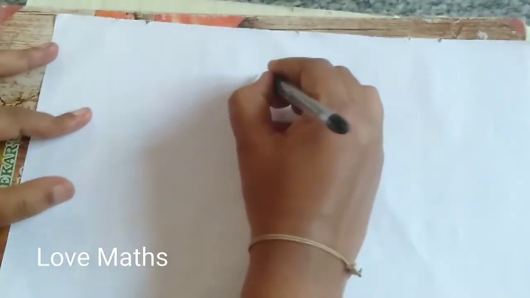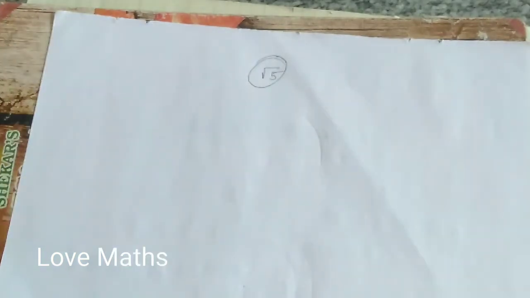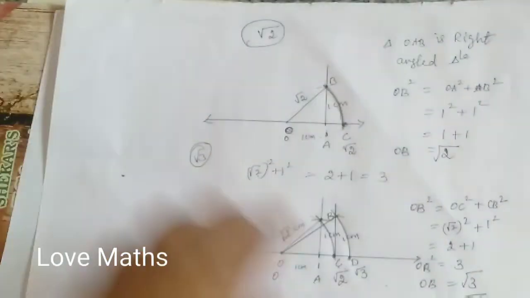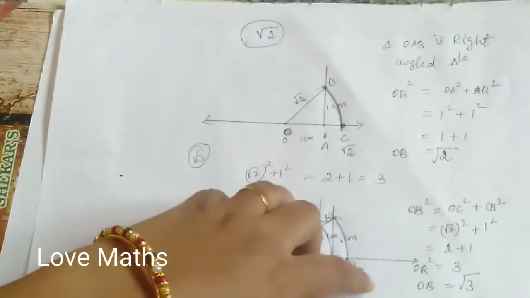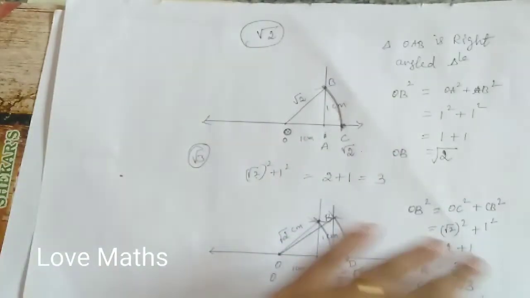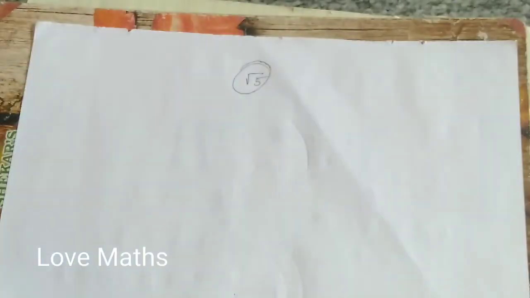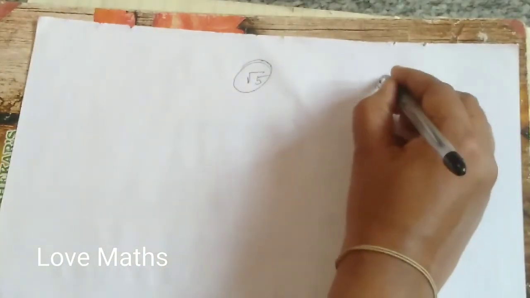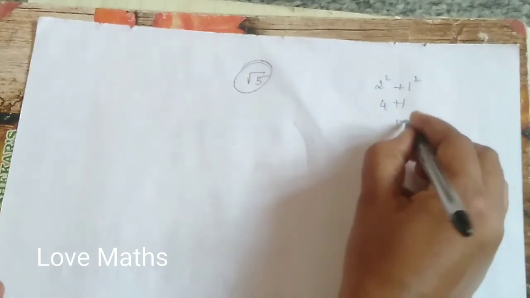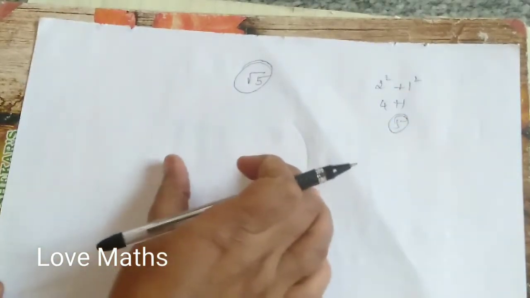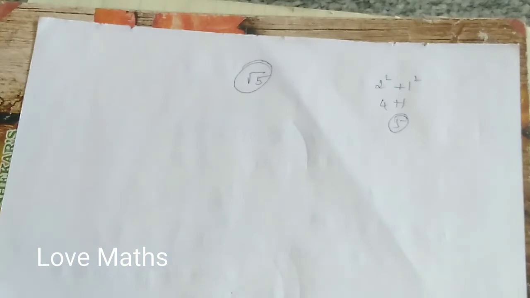Next we are going to see how to draw root 5 on the number line. You can do this in two ways. Now we have drawn root 3, you know. Again you draw 1 centimeter and get root 4. Again you draw and get root 5. You can continue the process. Otherwise, 2 squared is what? 4. 1 squared is what? 1. So 4 plus 1 is 5. So you take one measurement of 2 centimeter and one measurement of 1 centimeter like that.